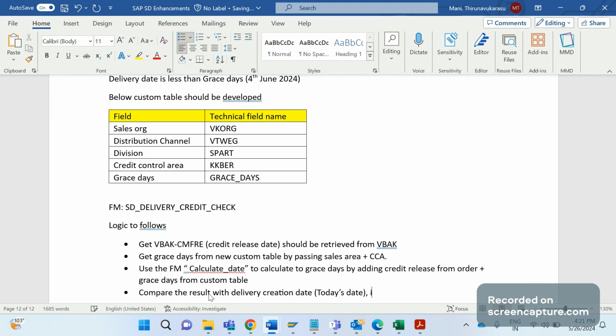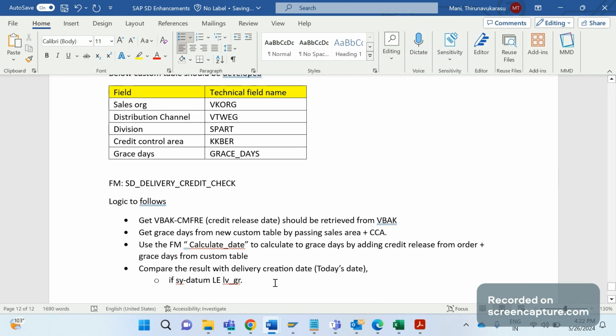Like if the result date is less than or equal to LFDAT or LVGR something, if it's true, that means okay. If it is satisfied,